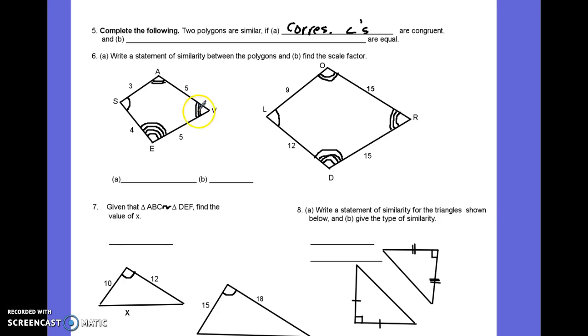Angle V, although the 3 arcs are not shown here, is congruent to angle R with the 3 arcs, and finally angle E with 4 arcs are congruent to angle D. So corresponding angles are congruent. In addition,